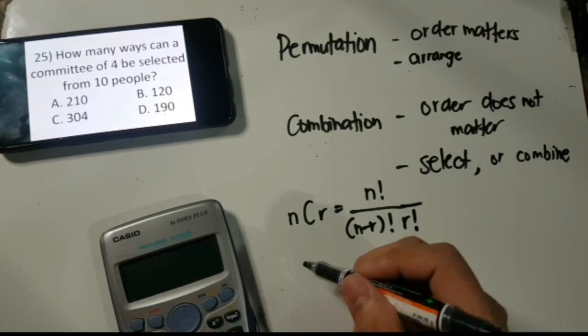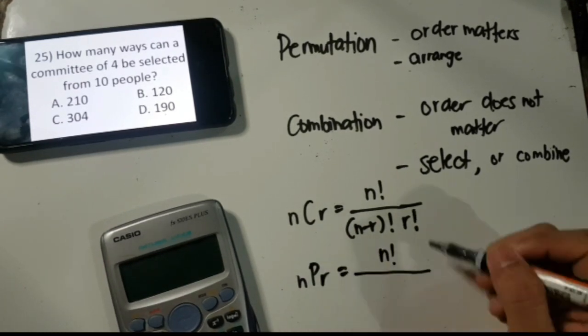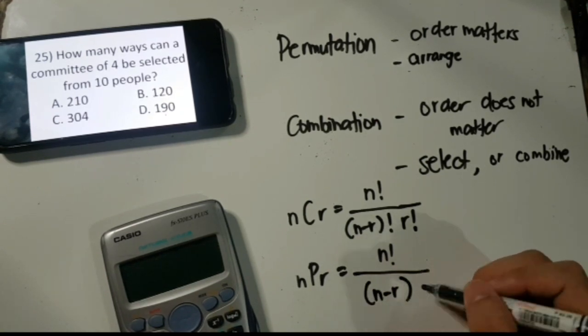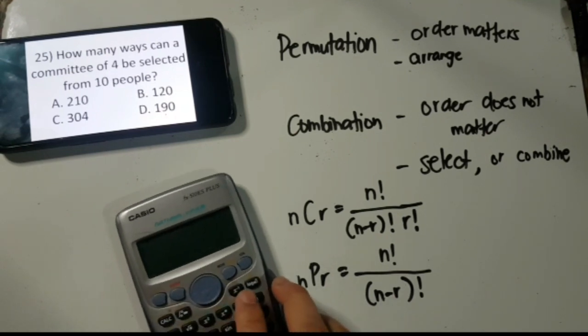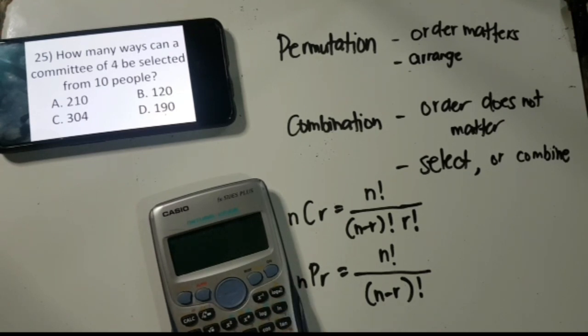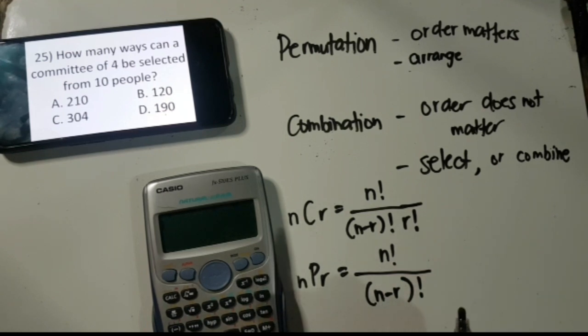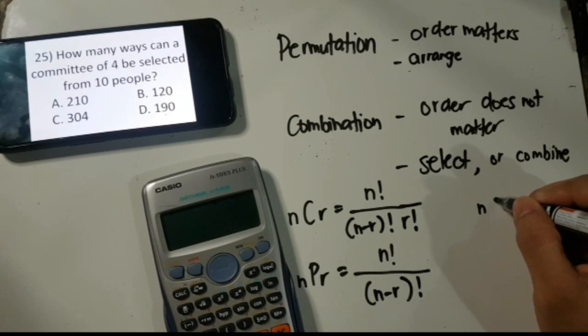Okay? So, how about the permutation? So, nPr is equal to n factorial. Still, n is the total number of objects divided by n minus r factorial. r is still the number of choosing objects in a given certain number of objects. Okay. So, paano natin isosolve ito? Actually, para madalian kayo, gamitin nyo yung calculator nyo. So, hanapin. Naging Japanese na ako. So, yung may nCr na